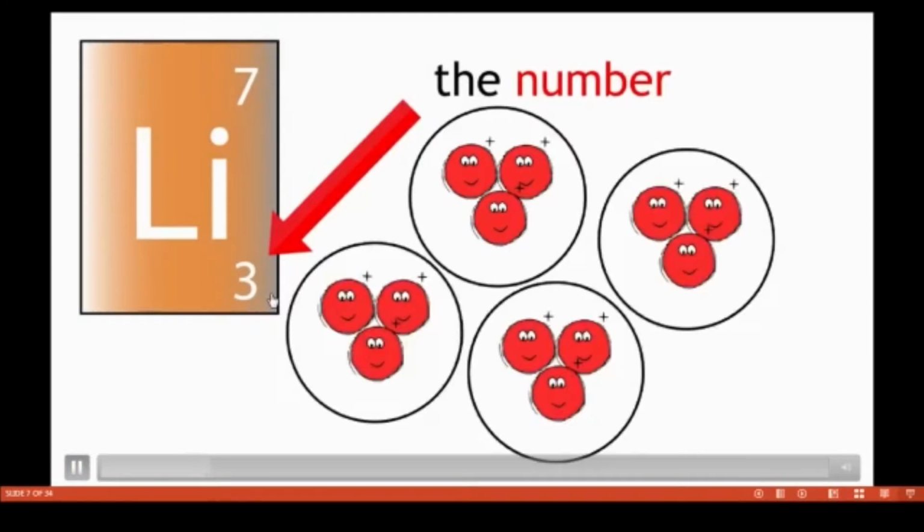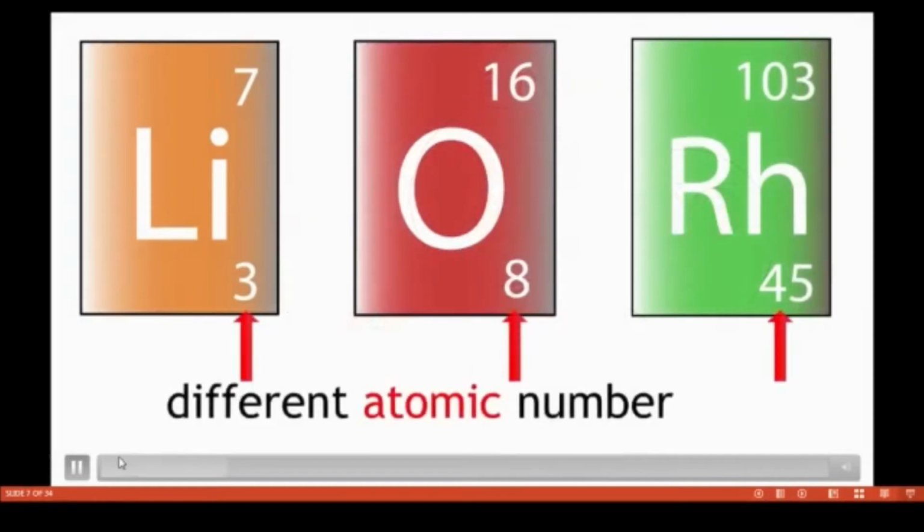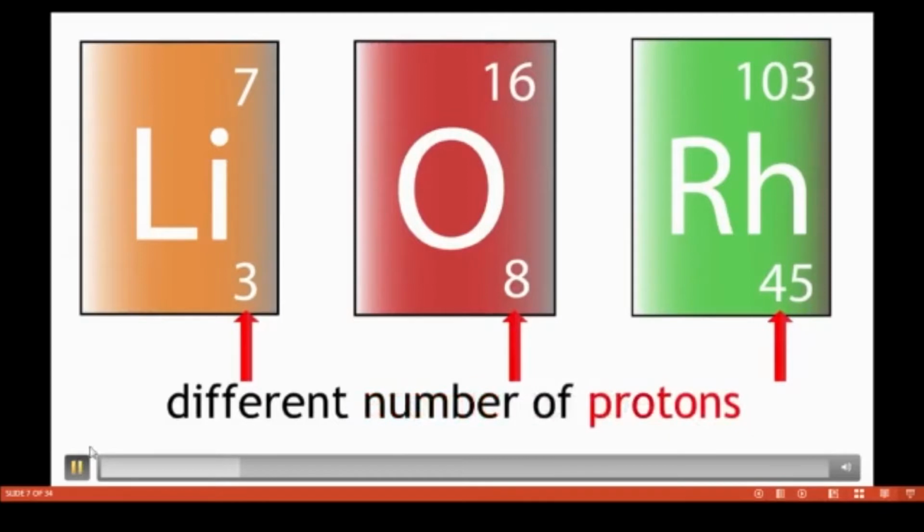Different atomic numbers mean different numbers of protons: atomic number 3 means 3 protons, atomic number 8 means 8 protons, atomic number 45 means